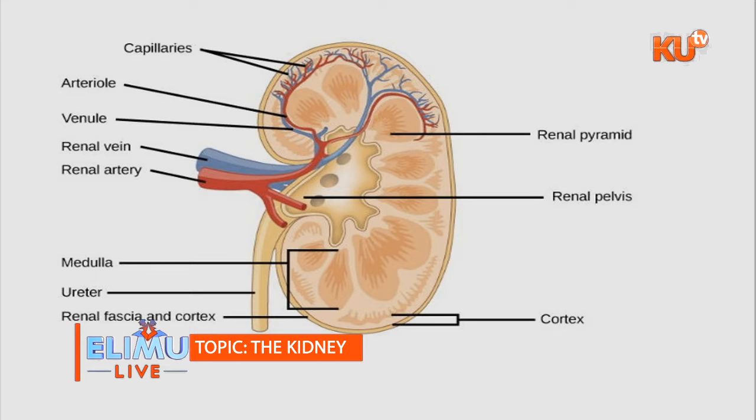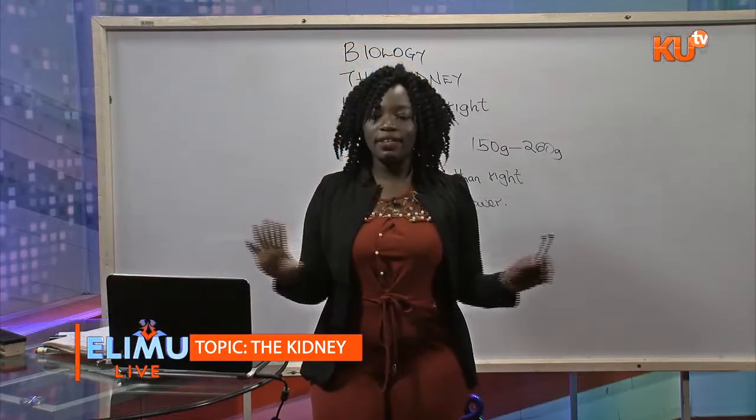There are capillaries, there are arterioles, the venule, the renal vein, and the renal artery. We do know that the renal artery brings in blood and the renal vein takes it out from the kidney. The renal pyramid, yes, that's the slide. The renal pyramid, we have the renal pelvis and the cortex. Now, just to take you back to our second slide,